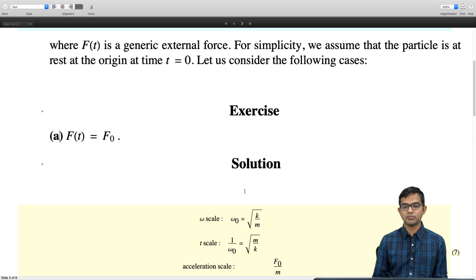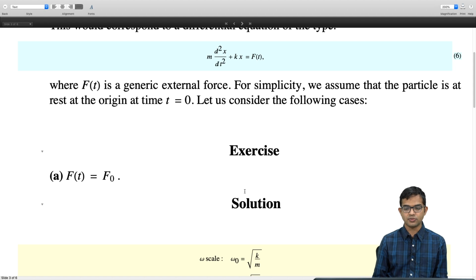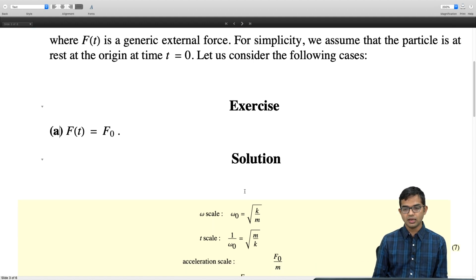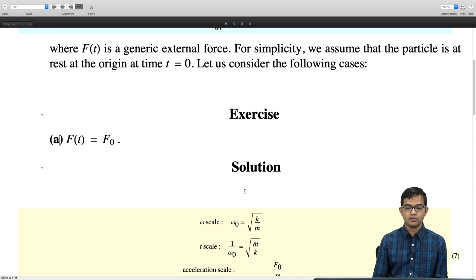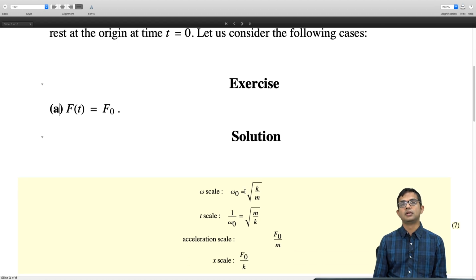So my way of non-dimensionalization is the following. I find the omega scale is easiest for this kind of problem, which is just omega naught equal to square root of k by m, and then I get the time scale, which is 1 over omega naught, equal to square root of m by k. Then the acceleration scale is F naught by m, where F naught is the external force which gives me a natural force scale, and therefore a natural acceleration scale, from which I get the distance scale. You can say that maybe you don't need the acceleration scale; in this case you can directly go to the x scale. It's okay. We'll put this down in the standard form that we have been looking at these problems.